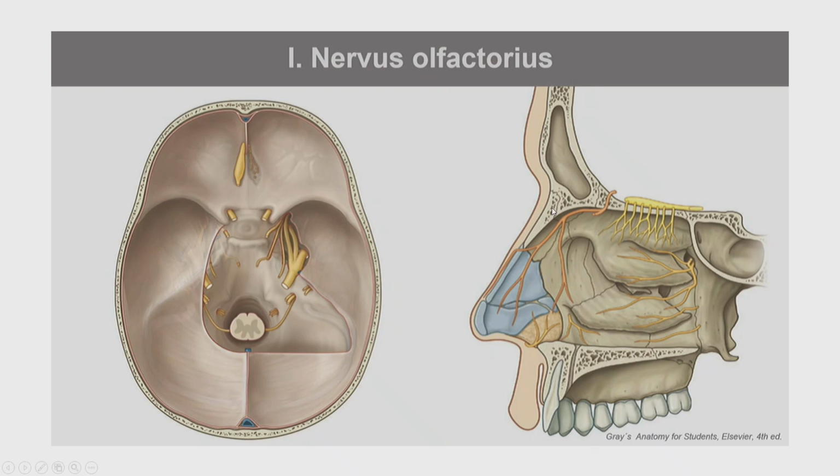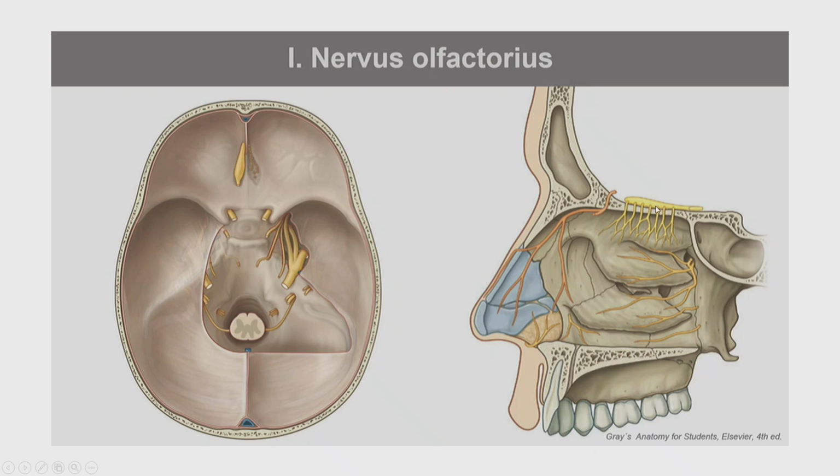The first cranial nerve, the olfactory nerve, originates from the receptors in the olfactory area of the nasal cavity, below the cribriform plate of the ethmoidal bone. There are some cilia that have receptors at their ends, and they are sensitive to the chemical molecules in the air that we breathe in through the nose, and they stimulate this fiber. The axons of these bipolar cells, or olfactory cells, pass through this cribriform plate, and